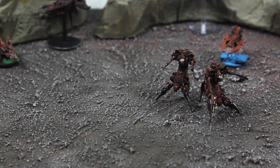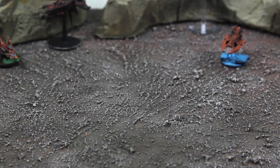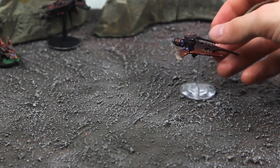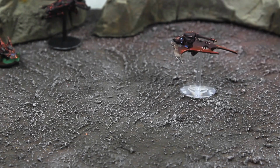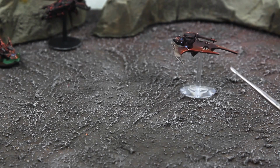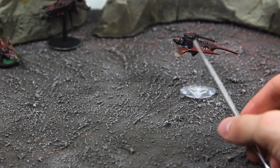Almost forgot. There's another little flyer I created, which currently is either a bomber or a slave-bringer sword boat. Can't really decide which one is more useful at the moment. Now that I have more parts, I will most likely create both slave-bringers and more bombers. So for this flyer,